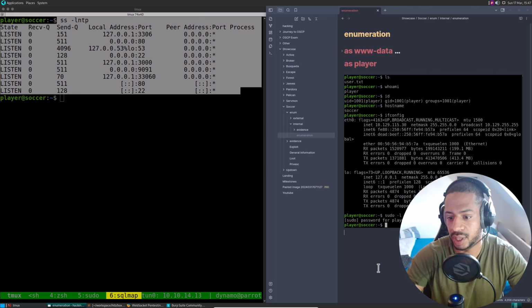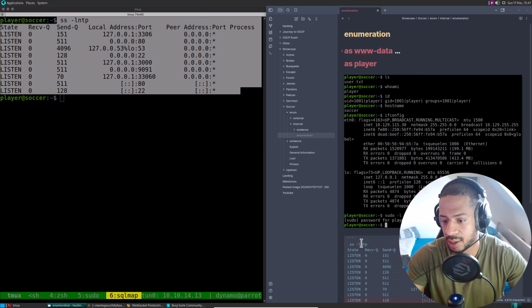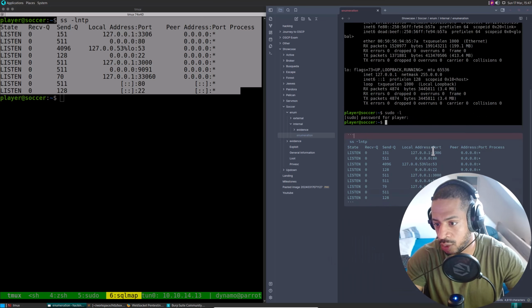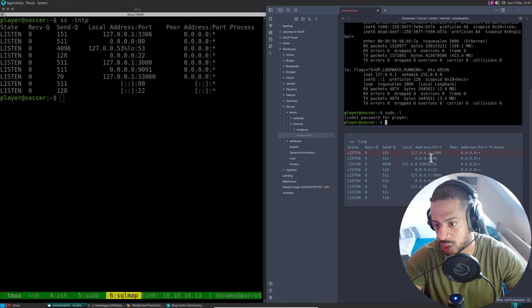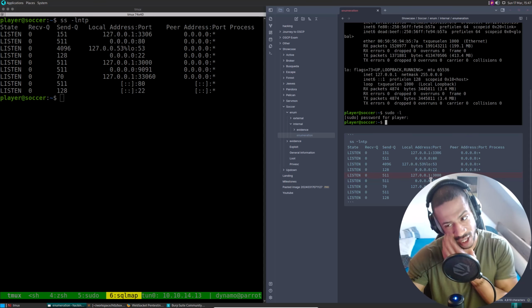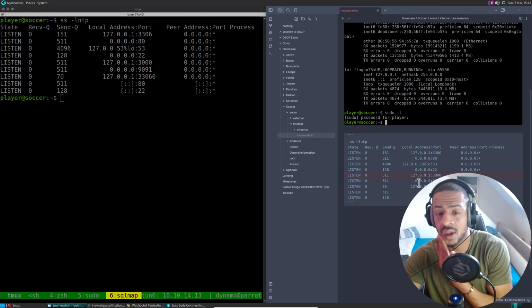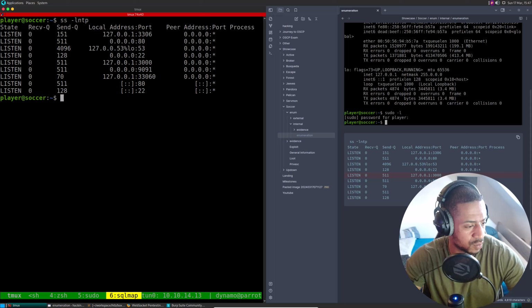Like this, copy that. What ports are running? So we have the database, which we just exploited. We have the web server. We have port 3000, which I do not know what it is. Not important for now. Yeah, whatever.